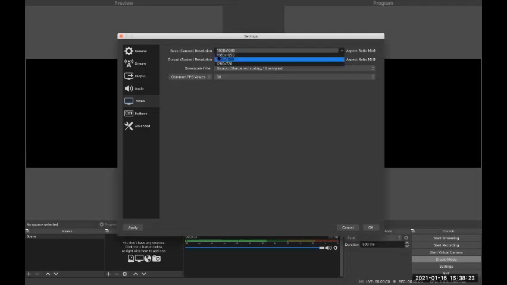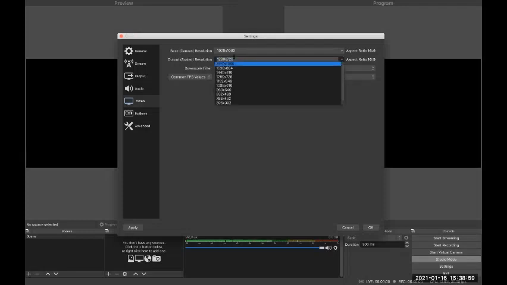But you can also use 1280 by 720, depending on the capacity of your computer, what your video or stream is all about, and how you want it to be. But what I would recommend is 1920 by 1080 for the canvas resolution, and the output resolution, I think I'll leave it at